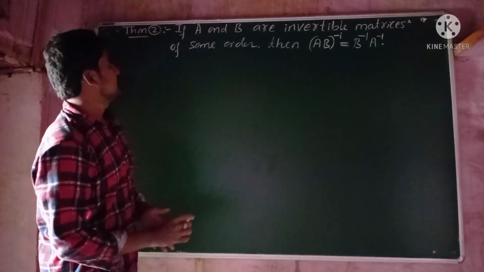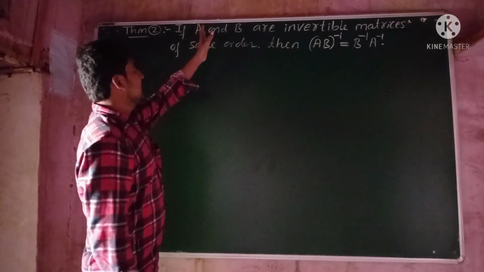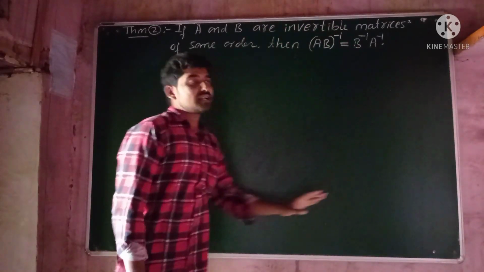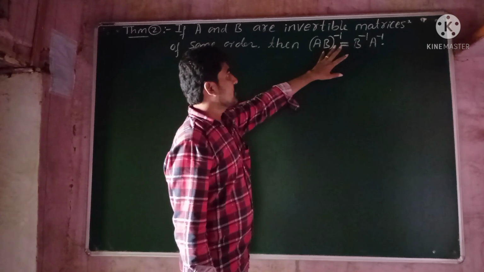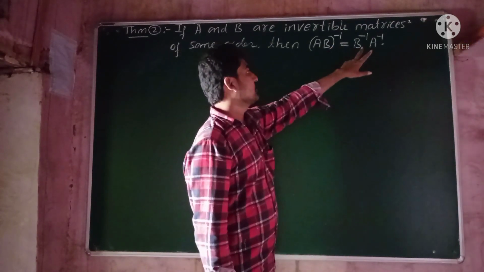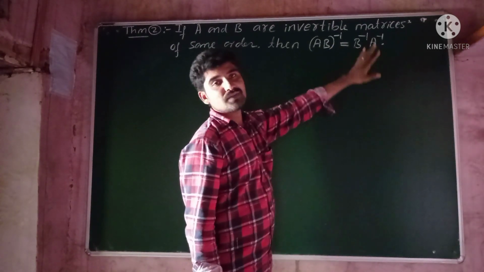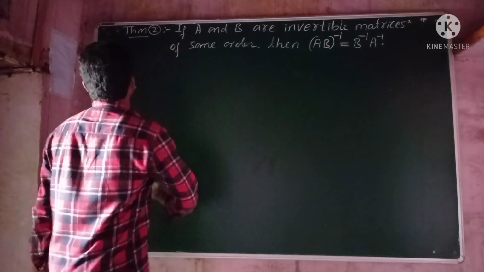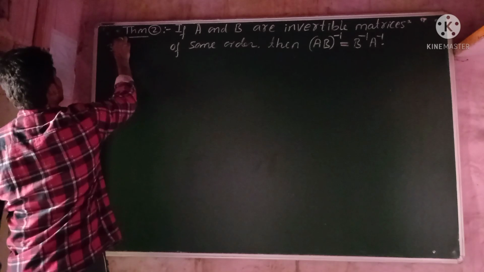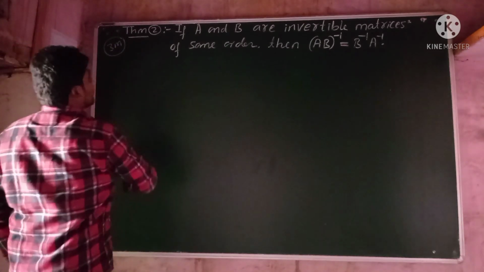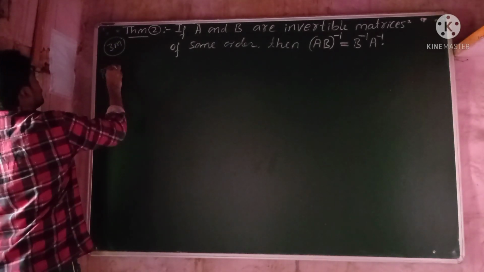What is the statement of this theorem? If A and B are invertible matrices of the same order, we need to prove that inverse of the matrix AB is equal to inverse of B matrix into inverse of A matrix. So this theorem is important for 3 marks. They have asked this in the annual exam. Now the proof of this theorem is,